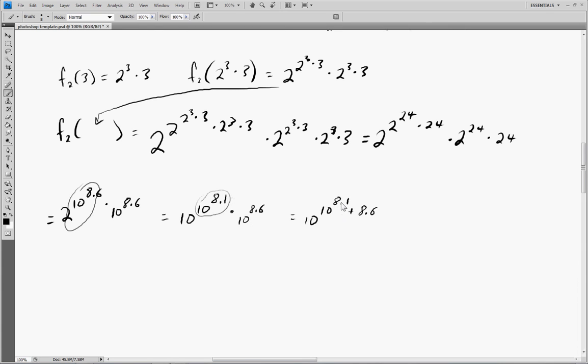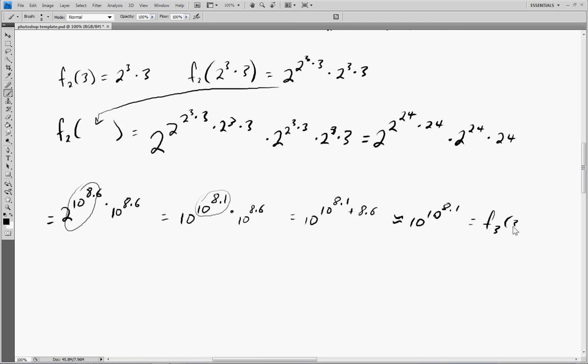Now 10 to the 8.1 is a fairly large number in the 100 millions. If I add 8.6 to 100 million, it's hardly going to do anything to it. So for all intents and purposes, this is roughly equal to 10 to the power of 10 to the power of 8.1. So this is a fairly substantial number. It's much, much larger than a googol. It's not quite as large as a googolplex, which is 10 to the 10 to the 100. But already, like, it's getting fairly sizable. And this is only for